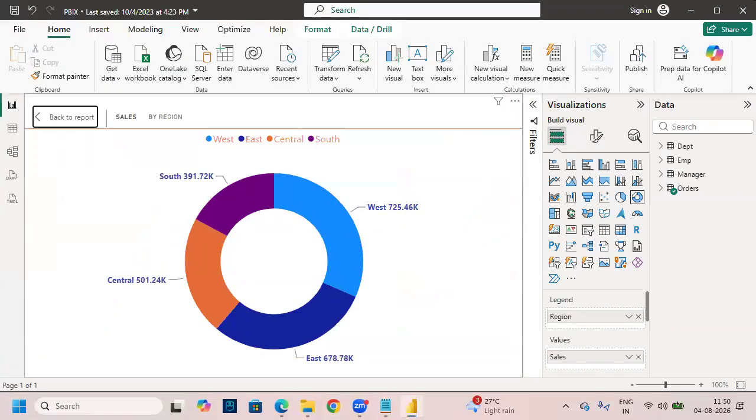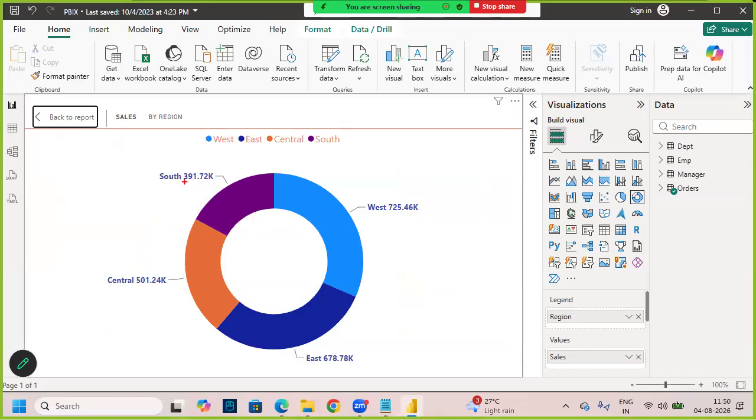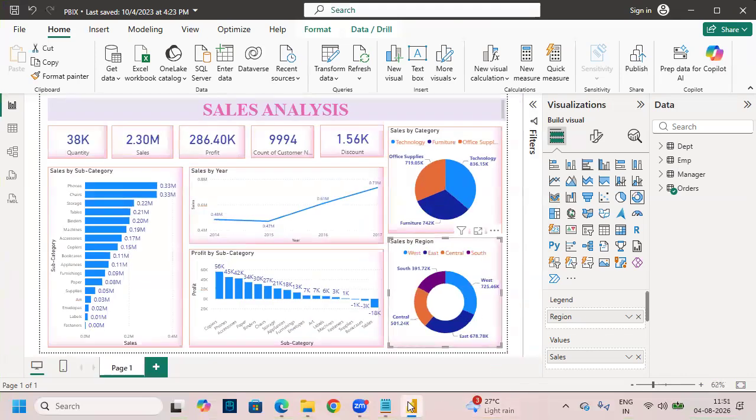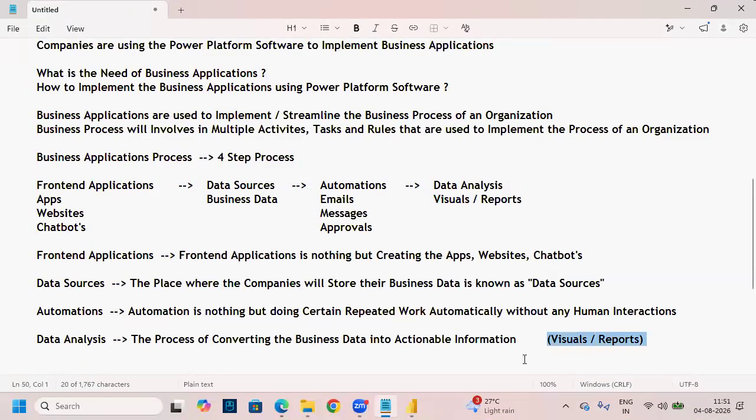I'll give an example. By seeing this visual, they can understand that South is the region which is doing very less sales. So immediately, they'll go and conduct a meeting with the South region manager. It is an action. And they'll come to know why the South region is doing very less sales. By understanding the reasons from the South region sales manager, the top level management will take some actions on how to increase the sales in the South region. So by seeing the visuals they are taking some actions, that's why I'm calling these visuals or reports